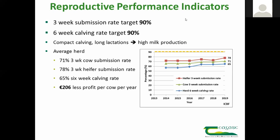So in pasture-based systems, we have set really high fertility targets to maximize the profitability of our system. So we have a 3-week submission rate target of 90%, and this is critical to achieving a high 6-week calving rate target of 90% also. We do this to maximize our compact calving season, which allows for long lactations and high levels of milk